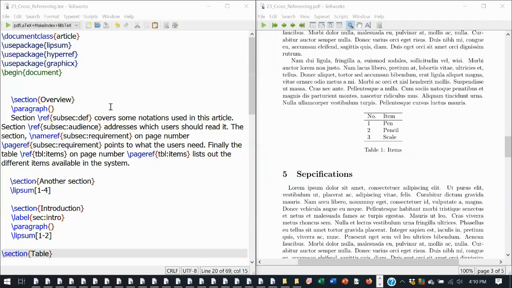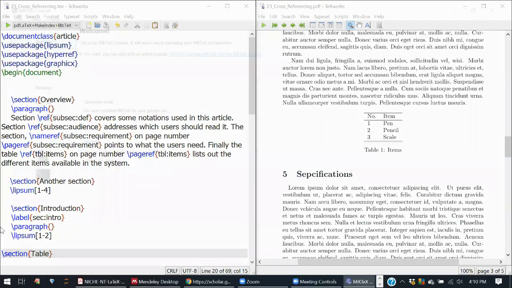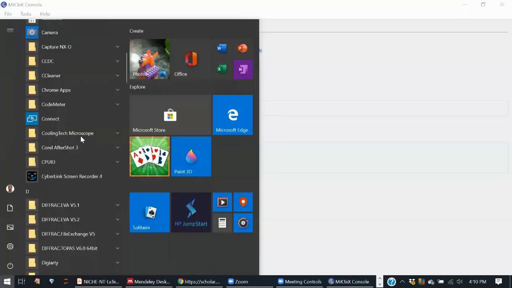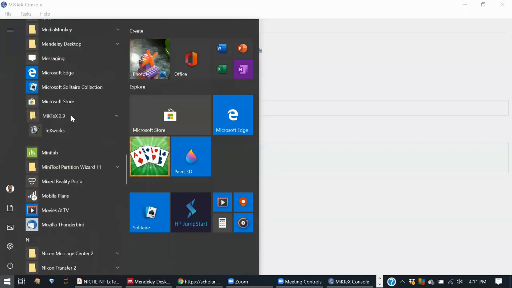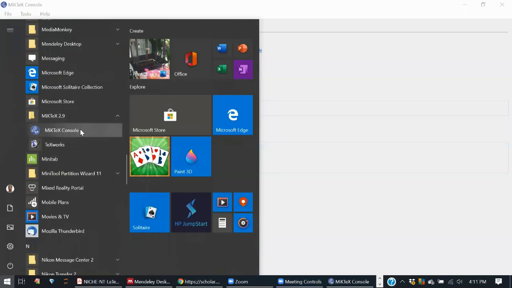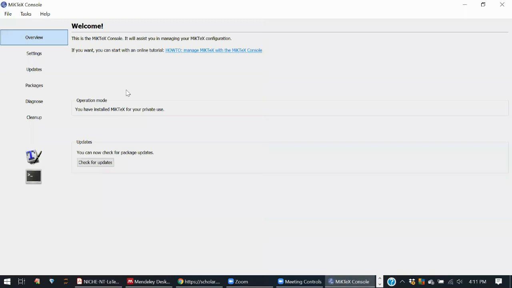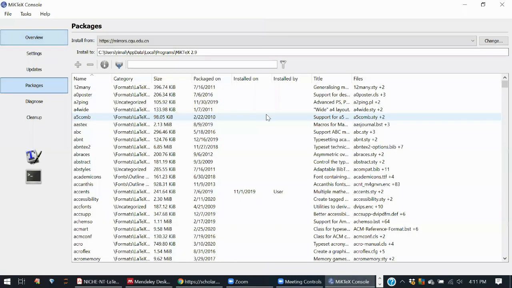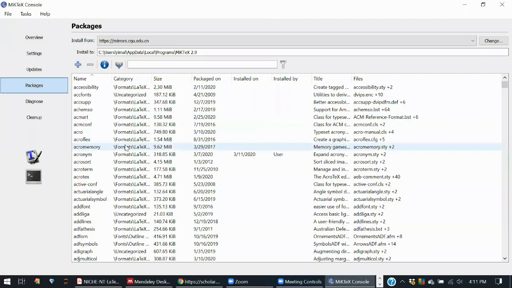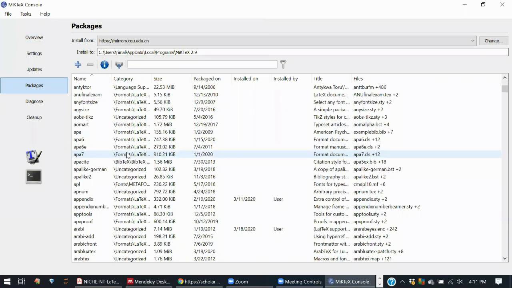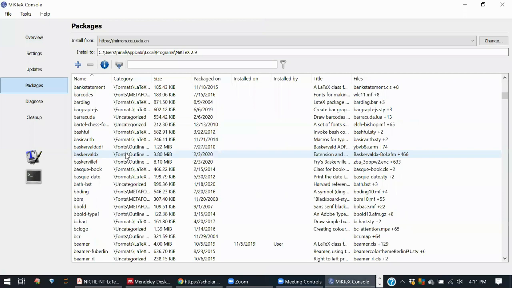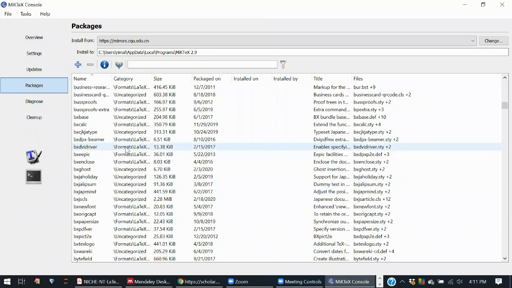Go to the MiKTeX Console. You have to go to Start, scroll down to MiKTeX 2.9, then open the MiKTeX Console. In the console, you go to Packages. In that you can see whether your graphicx package is installed or not.